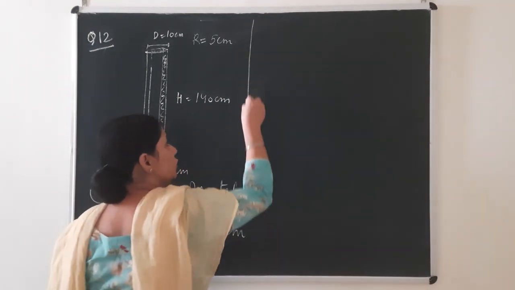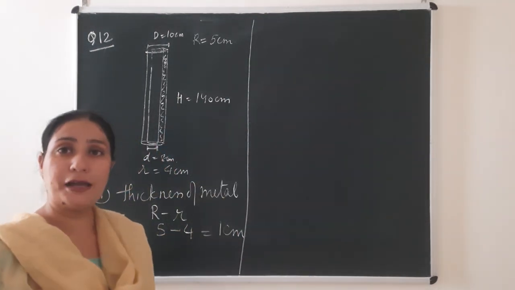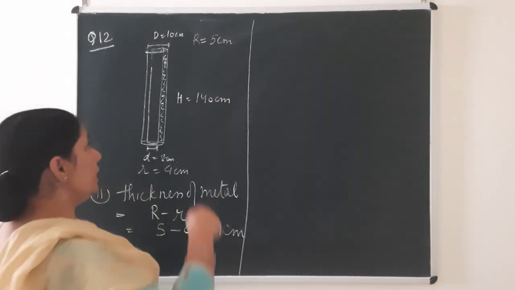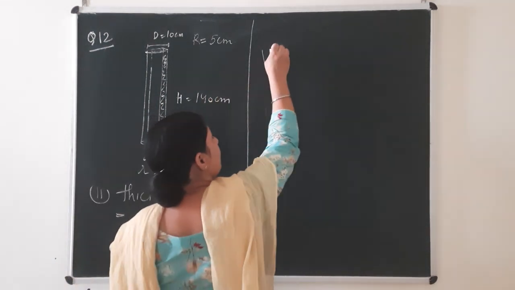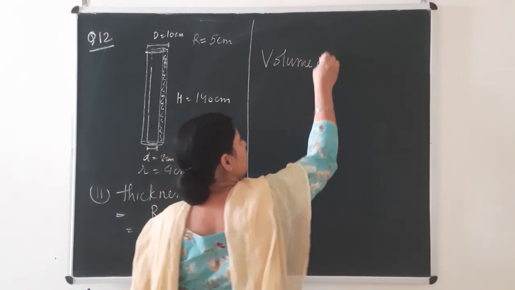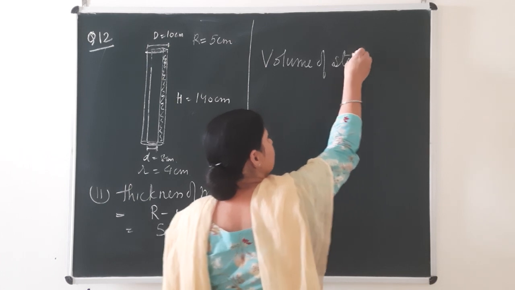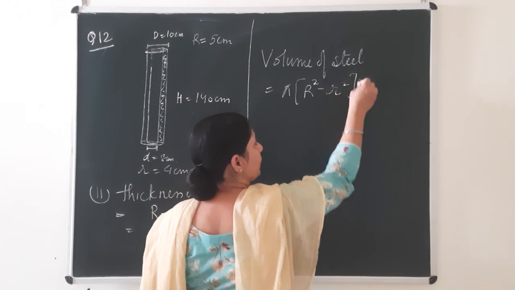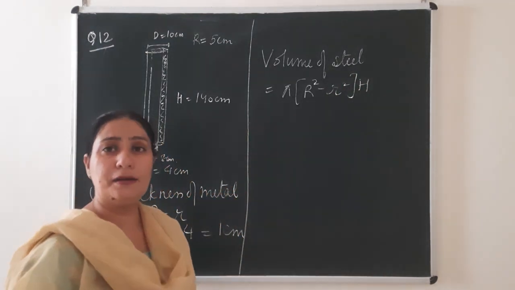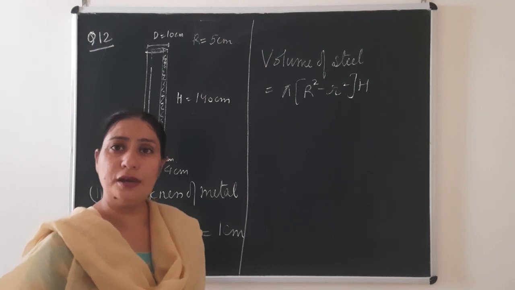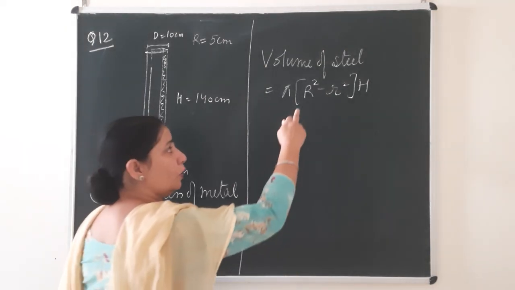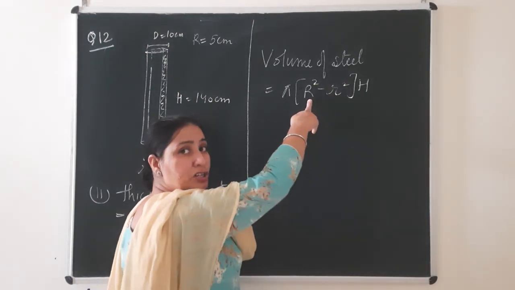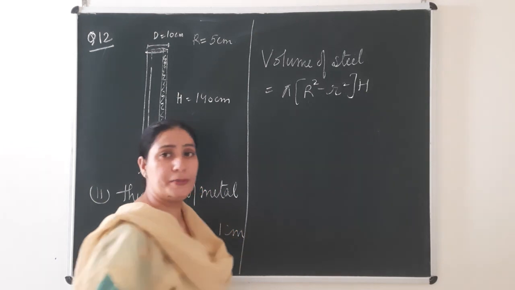Now because the pipe is hollow, like in the previous question, where we applied the hollow cylinder formula for the embankment because it was hollow, in the same way, a pipe is hollow, so to find the volume of the steel we will use the formula: volume of the steel is equal to pi (capital R square minus small r square) into h. Beta, how does this formula come about? We subtract the inner volume from the outer volume. For the outer volume we use the outer radius, for the inner volume we use the inner radius. Whether you measure the height on the outer side or the inner side, the height remains the same.